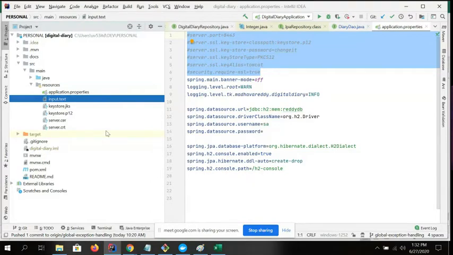And another thing: if you don't want to create any tables and just want to load data, you can also have a text file over here, a .sql file, data.sql. When you specify data.sql here, when the application is brought up, if the table is already present, it will load the data into it. We will have one complete session for these kinds of things, how to import the tables and all that stuff.